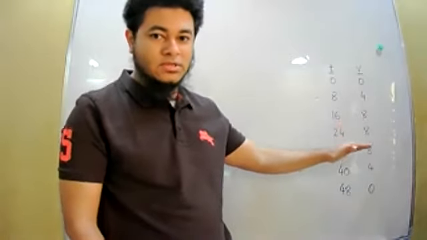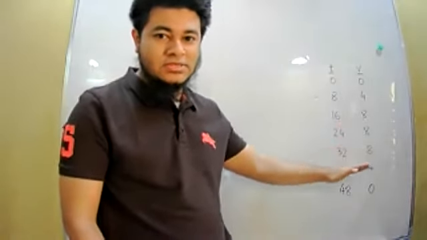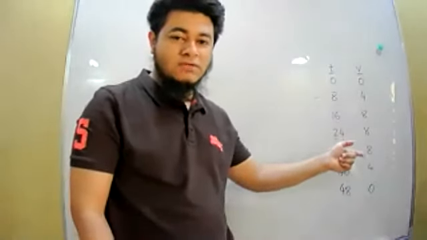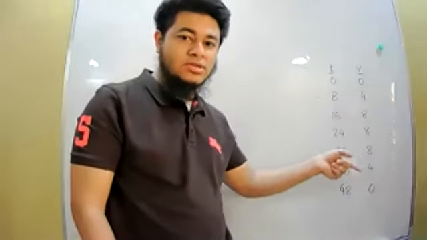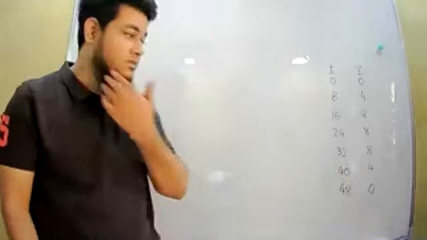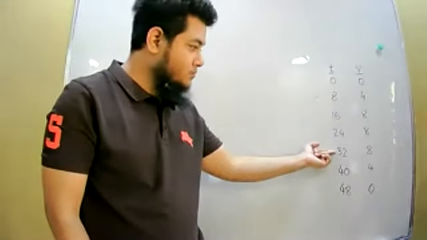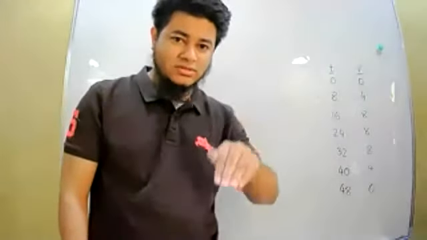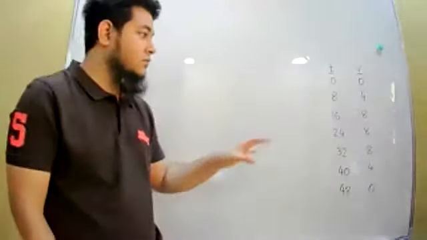And then after this, we see the velocity is decreasing again, right? After 40 seconds the velocity fell to 4, and after 48 seconds the velocity came to 0. So the body came to rest, we can say. So after 32 seconds, the driver must have applied the brake and the velocity gradually fell down. So for such a problem,